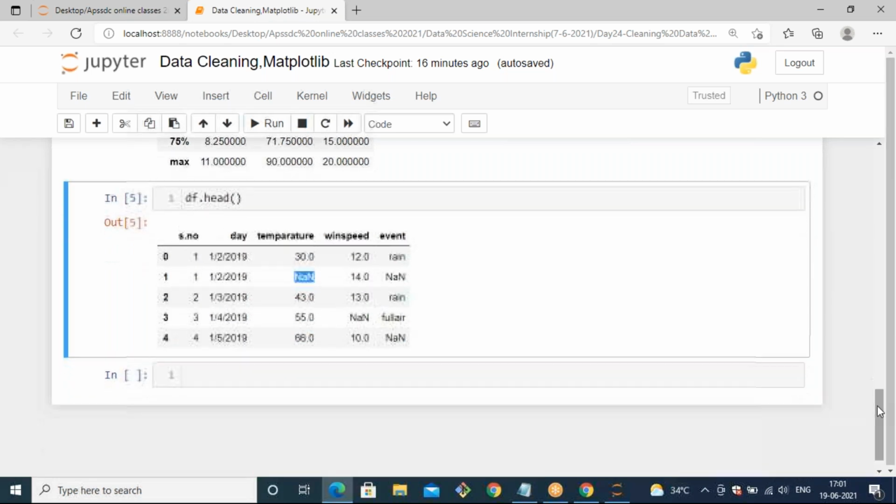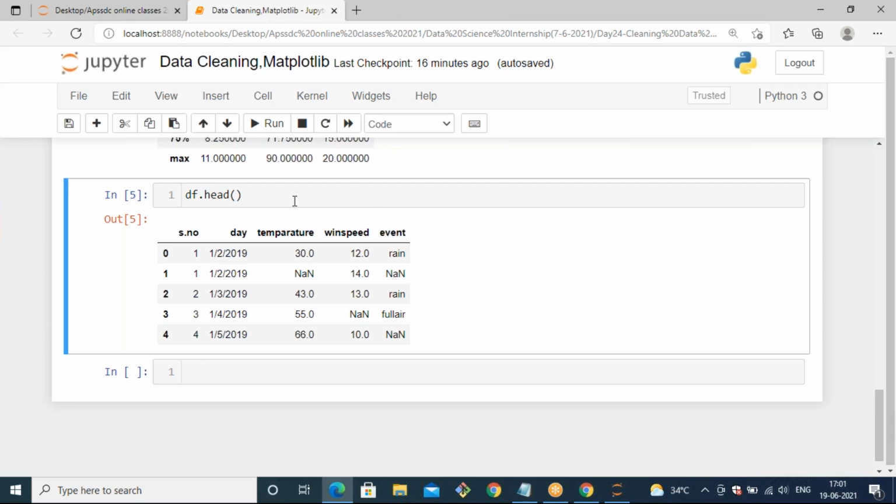Before that, if I want to access this temperature column from my data set, how can I access it? Let me know the responses. NaN means not an integer. It is not related to None. There might be some value, but it is not a number. Yeah, if you want to access this temperature, how can you access it?